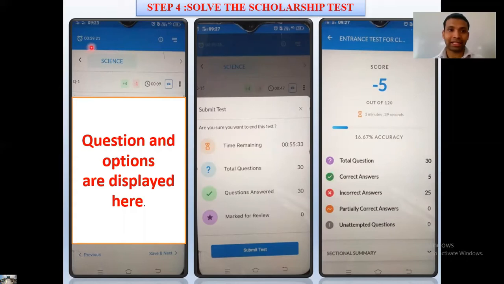You will see in the left top corner, you are able to see the time. So 60 minutes is the time. Now this is the beginning of the test, therefore 59 minutes are remaining. Then how many seconds are completed, how much time you have taken for each question, that is shown here. You can click on previous or next question, and then finally on the last question you can click submit the test. Okay, once you submit the test, your score will be generated like this.